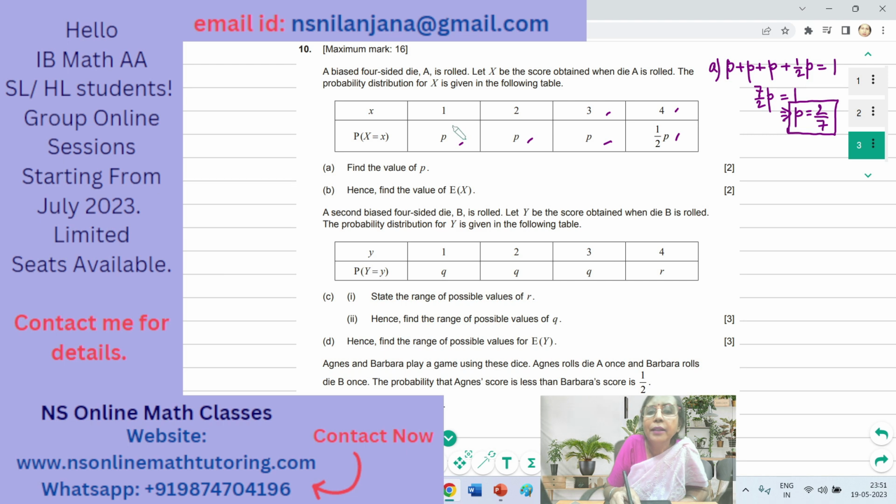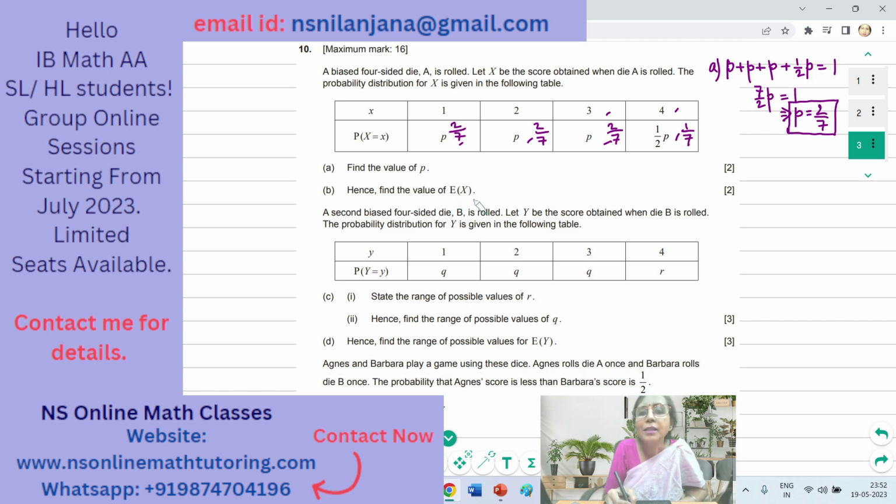So let me write the values over here: 2 over 7, 2 over 7, 2 over 7, and this will be half of 2 over 7, which is 1 over 7. You can check: 2 plus 2 is 4, plus 2 is 6, plus 1 is 7, and 7 over 7 is 1. Okay. Subpart B. Hence, find the value of